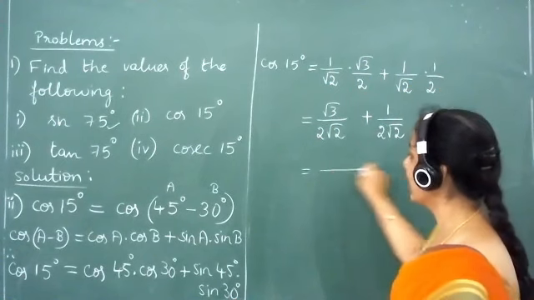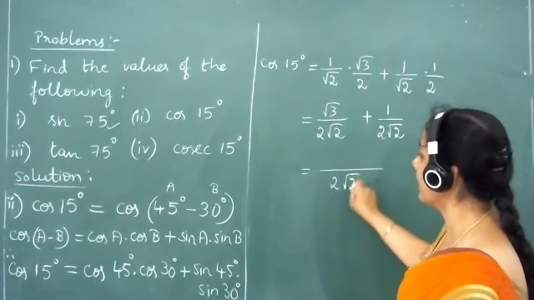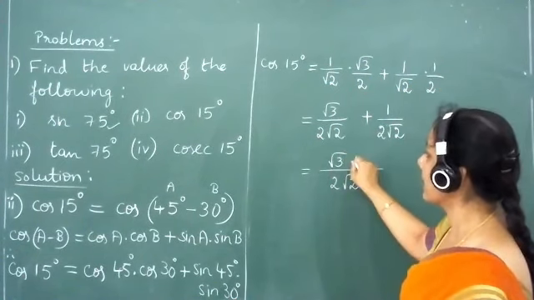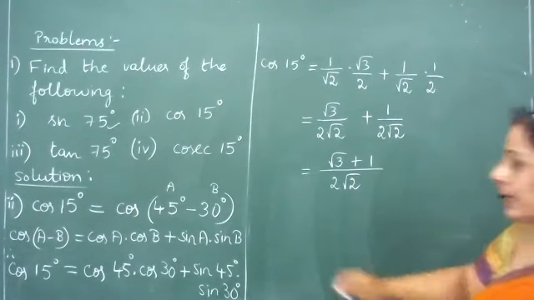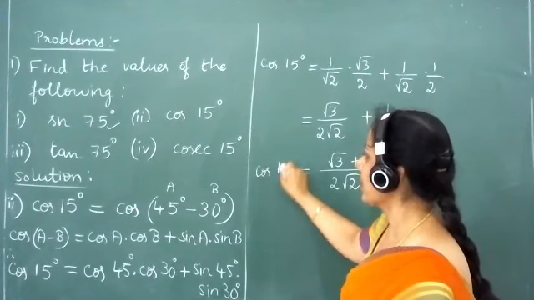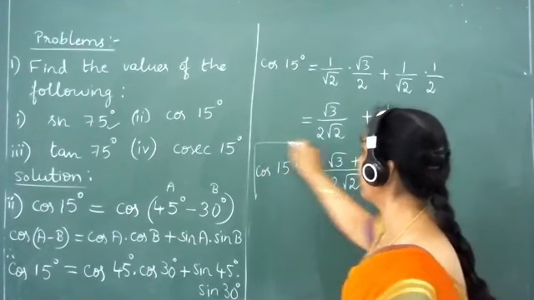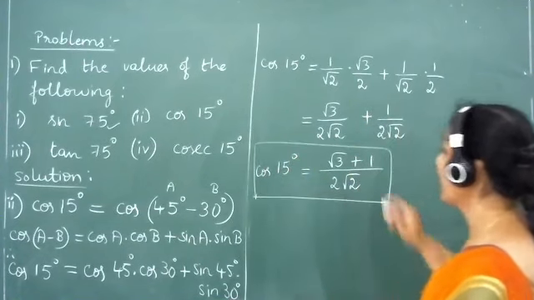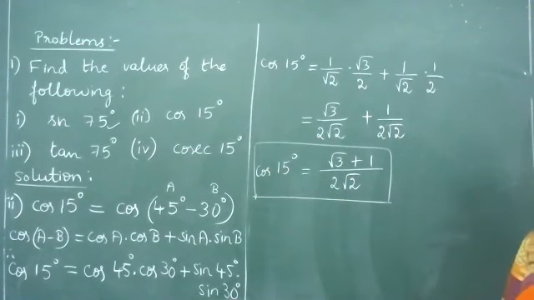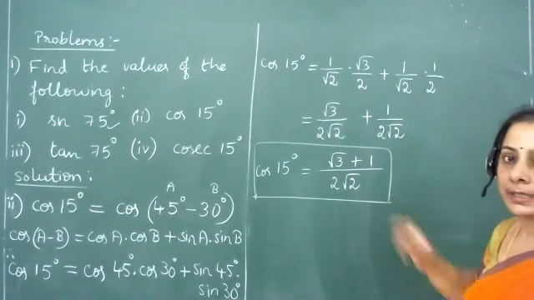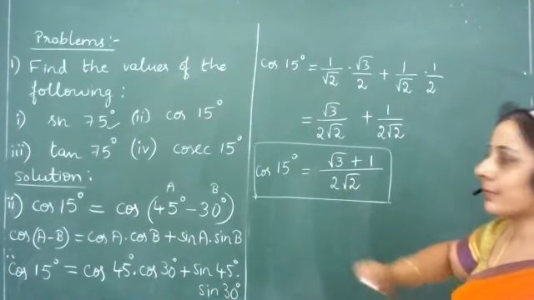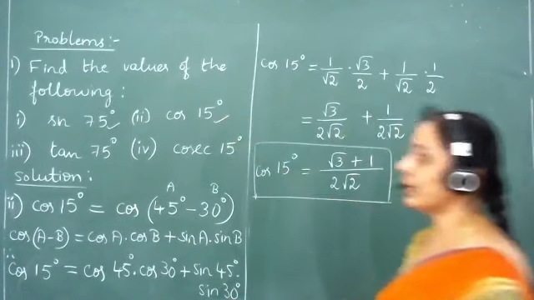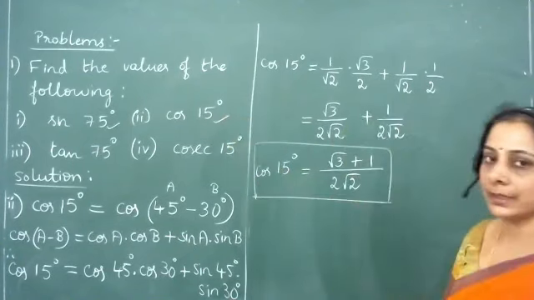Again here we note that there is a common denominator. So you could be summing up the two numerators directly, and hence we find the value of cos 15 degrees as equal to square root of 3 plus 1 divided by 2 root 2. Again here, retain the final answer in the same form. There is no need for one to simplify that further. So this gives us the solution to the second sub question.